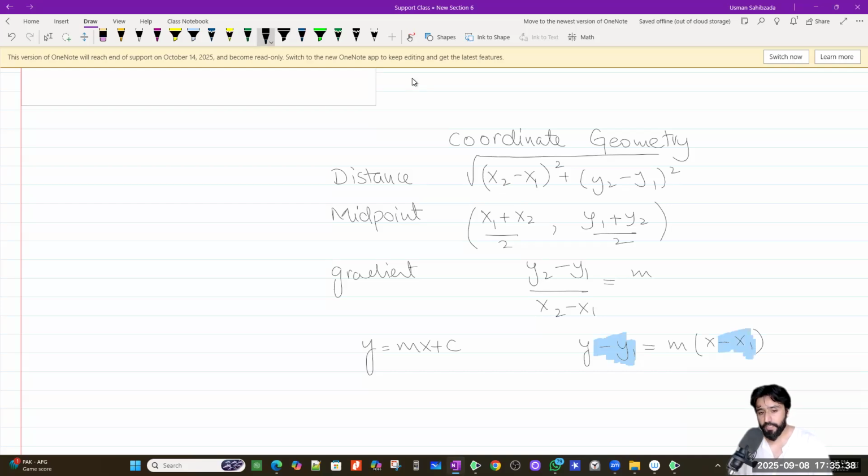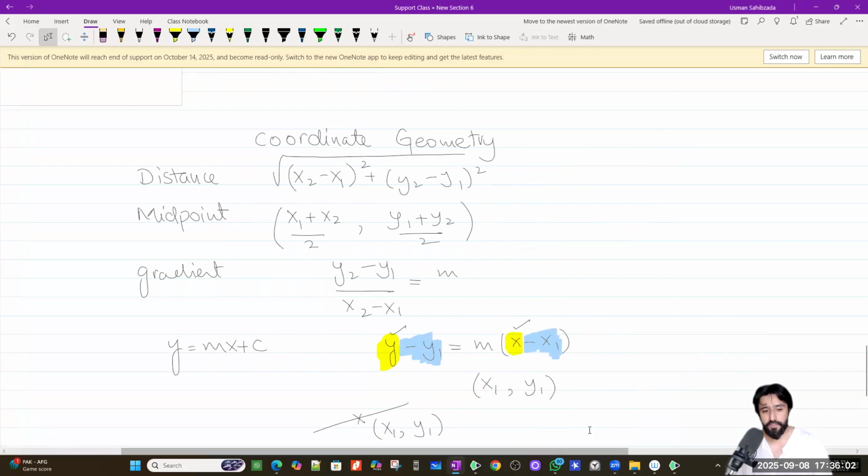In x1 and y1, you plug in the point through which the line passes, while x and the y remain as variables. They don't change. So if someone is looking to make an equation of a straight line,